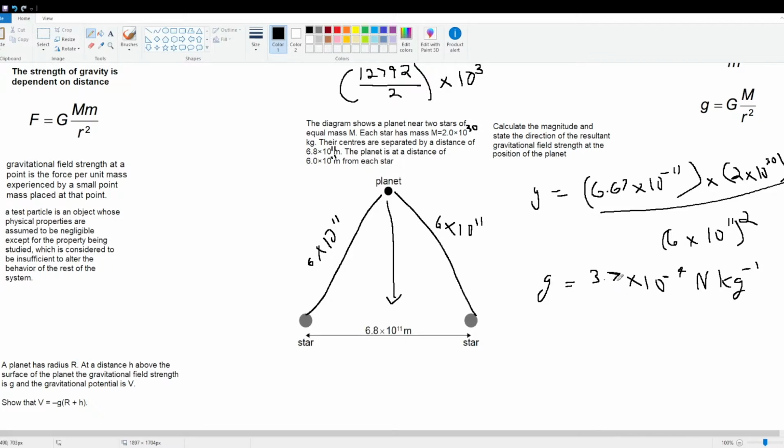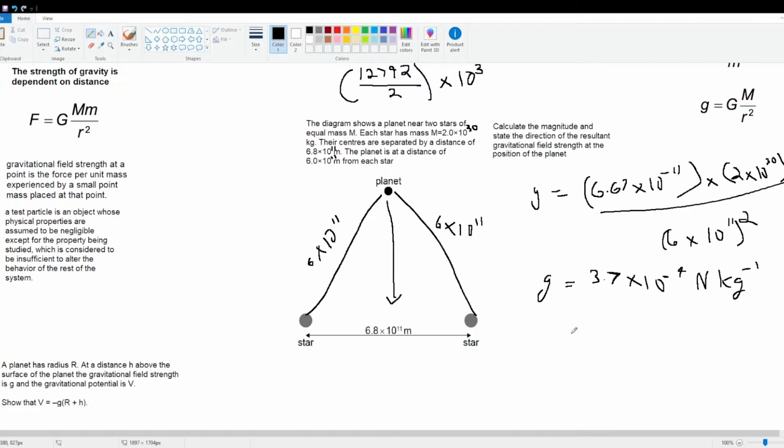Newtons per kilogram. Okay, so now we have that. Now that's due to one star, right? That's going to be what the field strength is due to one. But now since we have two here, and remember, they're the same mass, and they're the same distance apart from the planet. Now remember what we said, the strength of gravity is determined by distance and mass. And since these are exactly the same, we can just simply double this. So let's double this number, and we simply get,